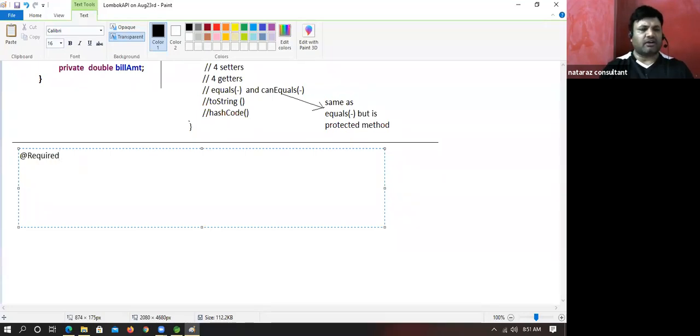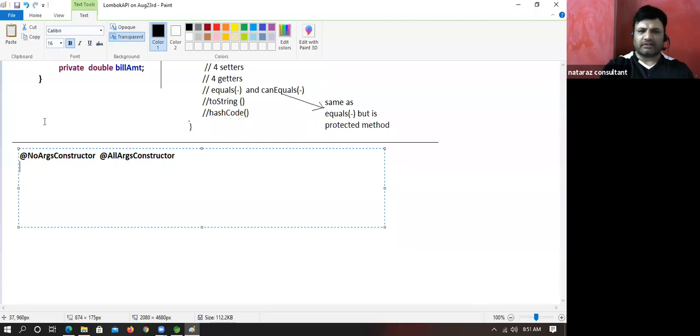@RequiredArgsConstructor. No args constructor, that's the one thing. And what is this? All args constructor.